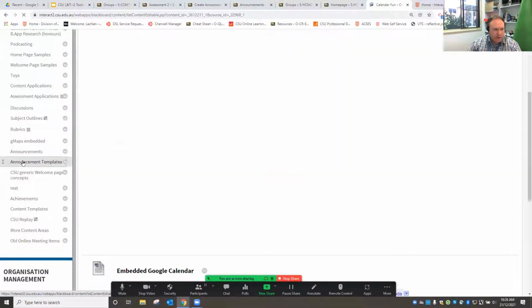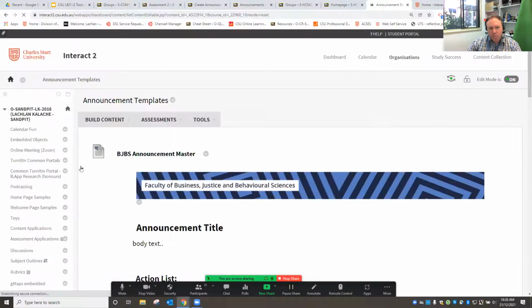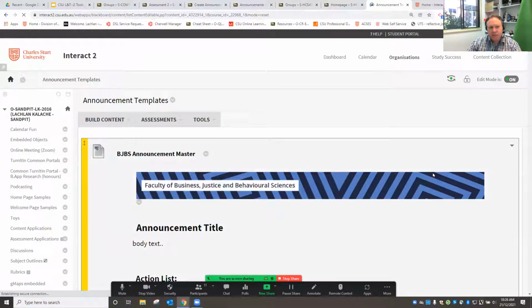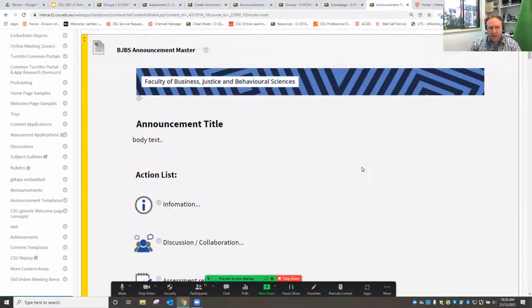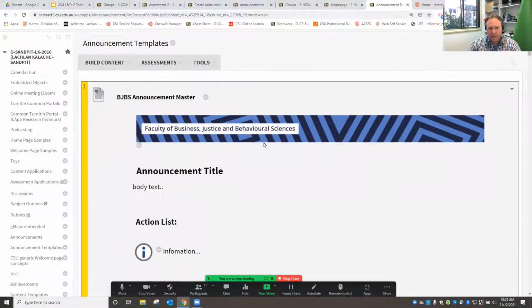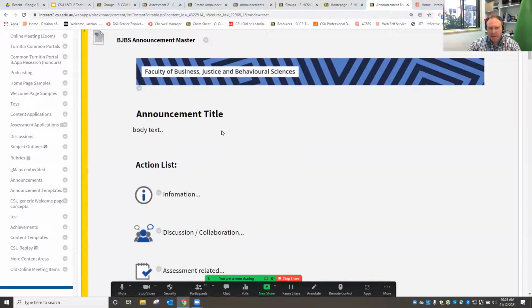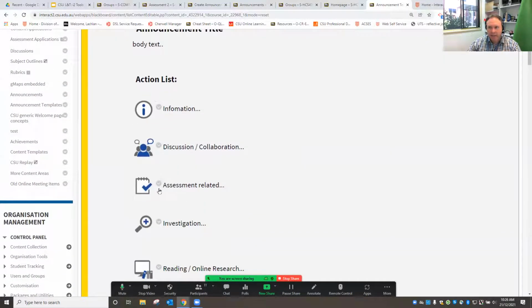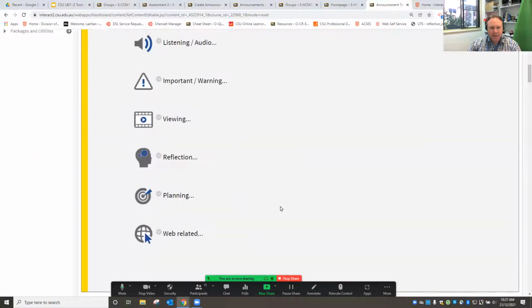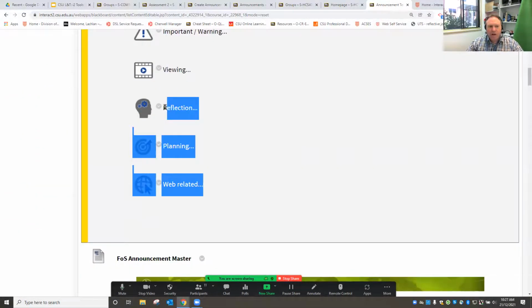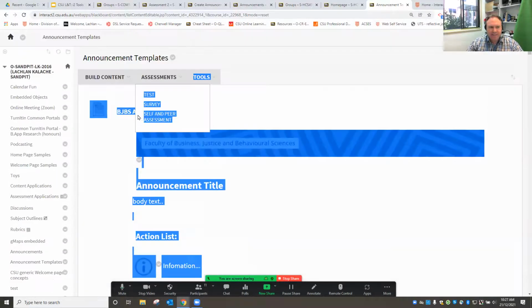Announcement templates, here we go. When you add announcement templates to your subject site, you end up with a number of these content areas that have a faculty banner, title area for it, text to type in your announcement, and then a series of action lists or items, icons that you can then customize the text that goes next to them. So the way that this works essentially is that you would drag, highlight the one that you want,